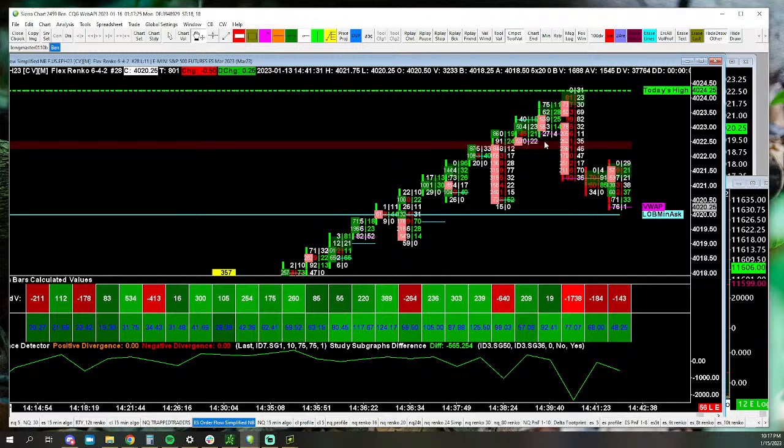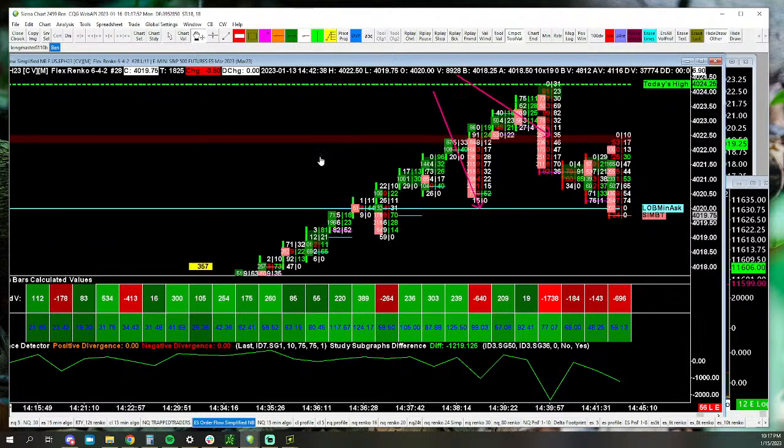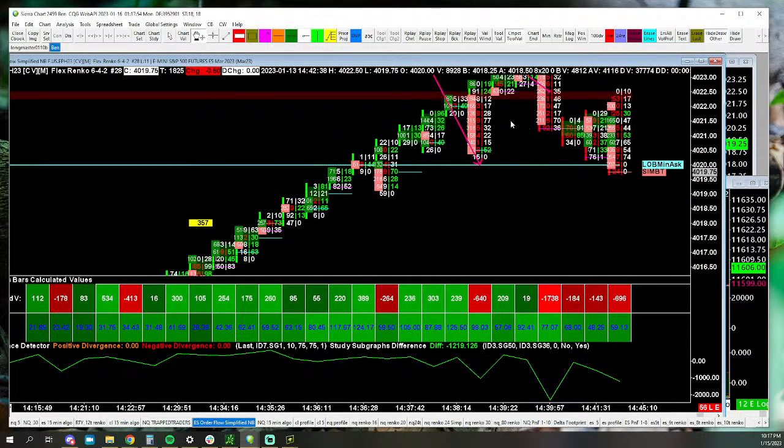And then here's the sellers coming in, right? Notice here, we didn't get a ton of buyers at the top, but we got some aggression at the top, right? But coming up to it, they took off a lot of pressure here. See how this was relatively fast, and it had a lot of aggression to the downside. And then this is the close, and it had a ton of aggression to the downside. So that could be very bearish, but if they can't break it down, those sellers are going to get trapped.